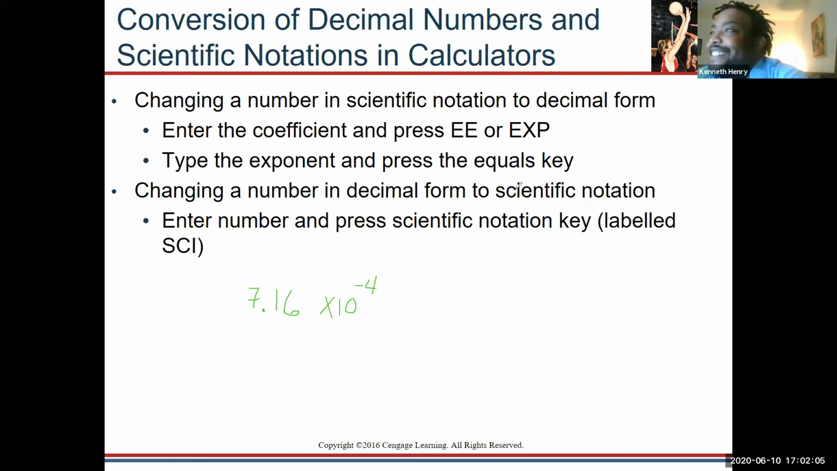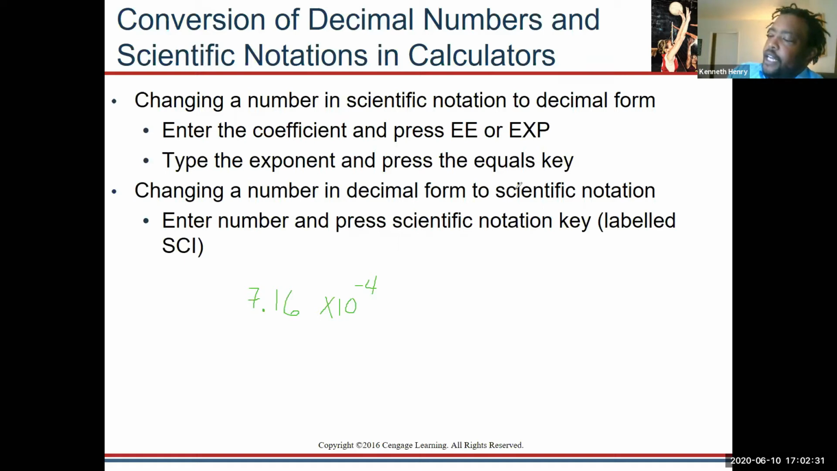Are you saying I should just type 7.16 times 10 and then use the plus minus? Nope. So in your calculator, how you would type it, and I'm glad you asked that because I didn't explain the times part, right? So if you're using your phone,